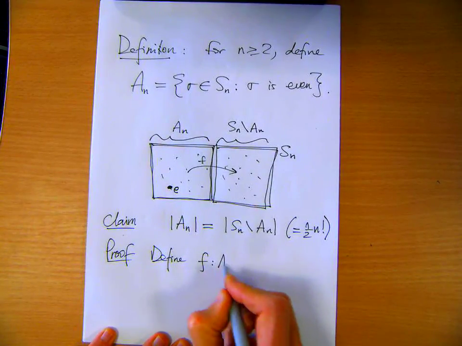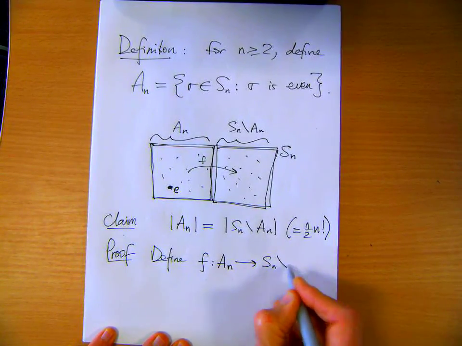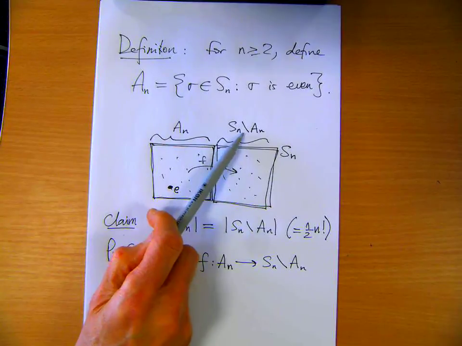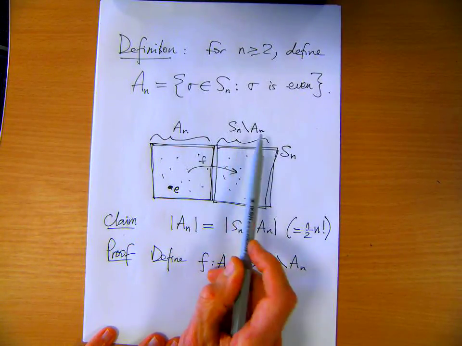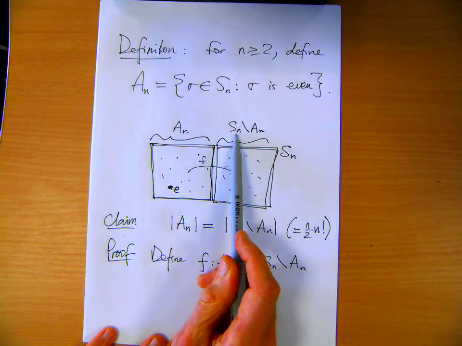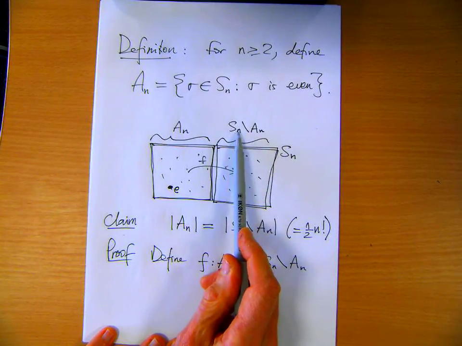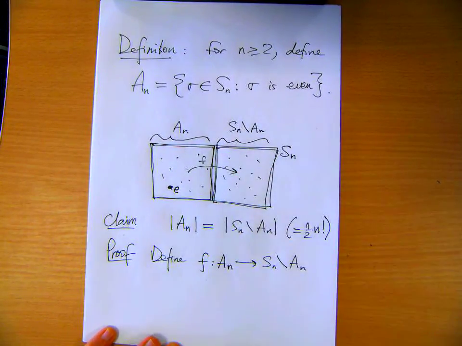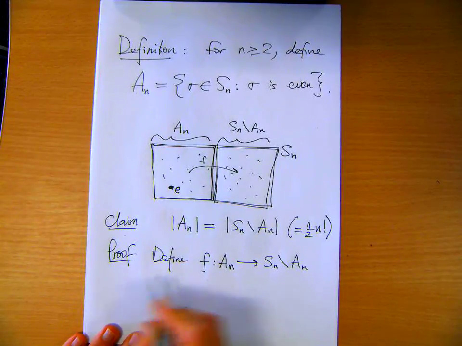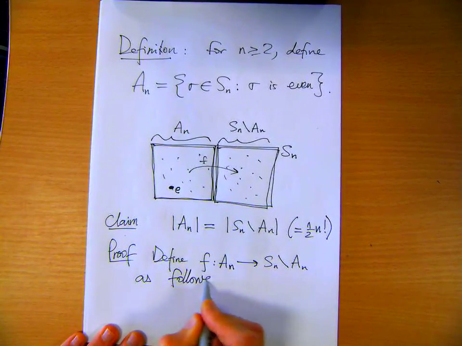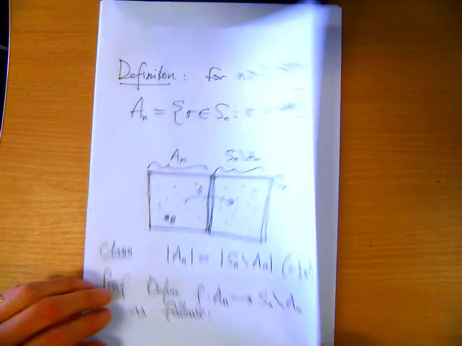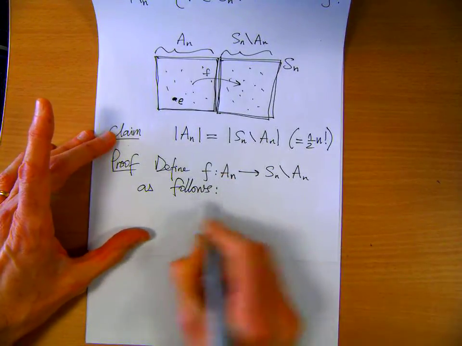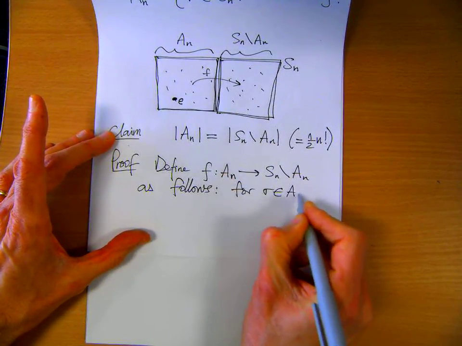I'll call it F. By the way, I'm using this notation to denote the difference between these two sets. You've probably seen it before. Some people use a minus sign rather than the backslash. This is the complement of AN in SN. So it's everything that's in SN but isn't in AN. In other words, it's everything that's odd. So I'm defining a bijection. Well, I'm defining a function at the moment which will turn out to be a bijection from AN to the complement. So for a permutation sigma in AN,